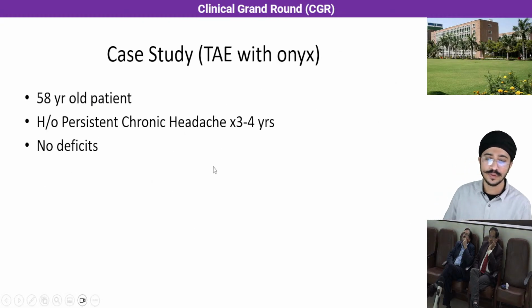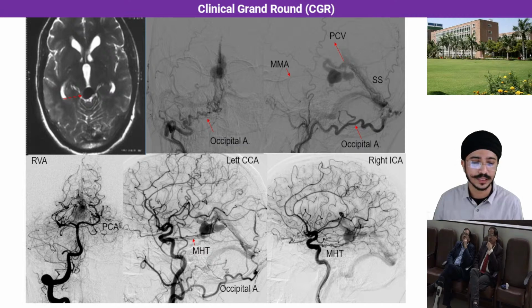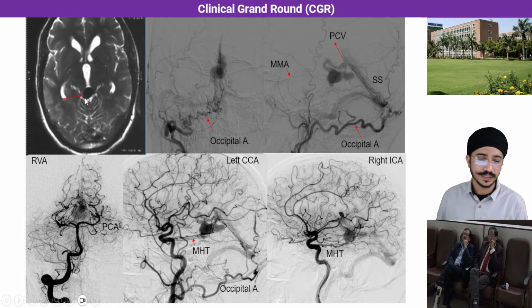So, a case study from our department. Transarterial embolization was done with Onyx in this case. This was a 58-year-old patient who presented to us with a history of chronic headache of 3 to 4 years. No deficits were noted on clinical examination. This was the outside imaging that we had,